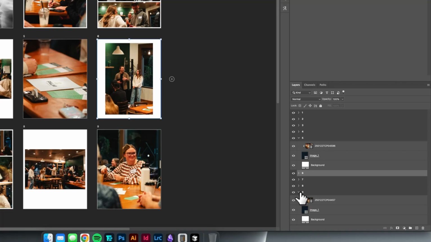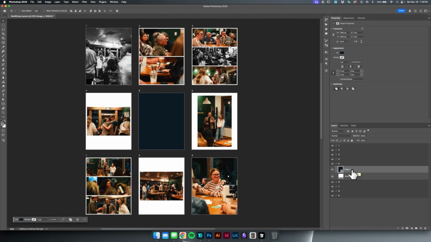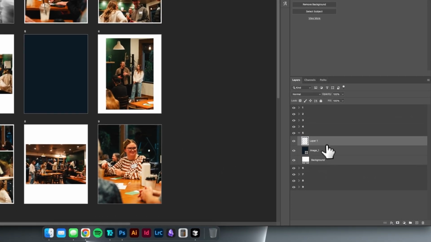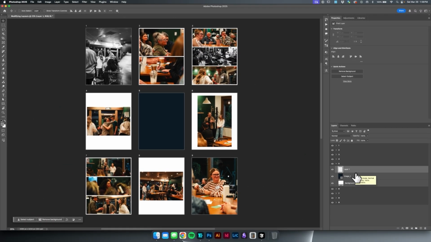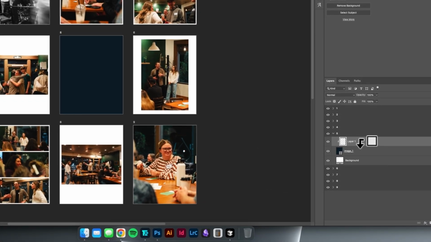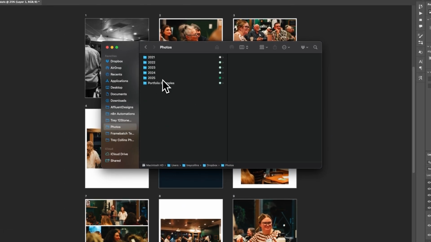Just simplify this. Okay, so this is the image. We can just straight up delete that. And if we want to import our own images, we'll add a layer, we'll hold Option, and we'll click between these two. You can see how the icon changes a little bit. So click between those two. And then let's go to